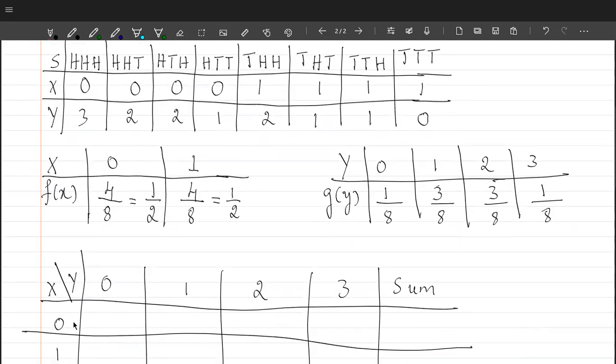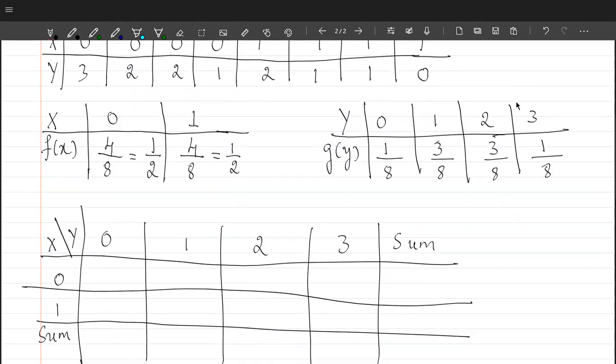First event, that is both x and y take the value 0. That is x is equal to 0, y is equal to 0. Or you can say the probability that x value is equal to 0 and y value is equal to 0. Look at the distribution table. There is no case where both x and y are taking the value 0. That is 0, 0. It's not even listed out here. So it's an impossible event. So the probability will be 0 divided by total number of cases, which is equal to 8. So 0 by 8, or you can directly write the value here as 0.